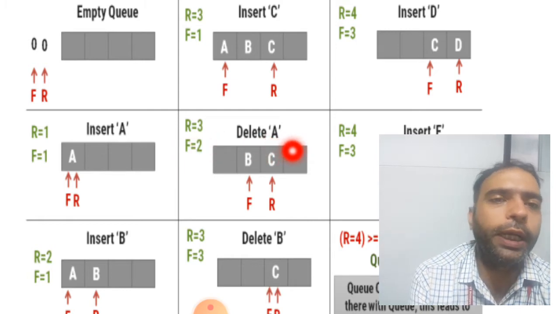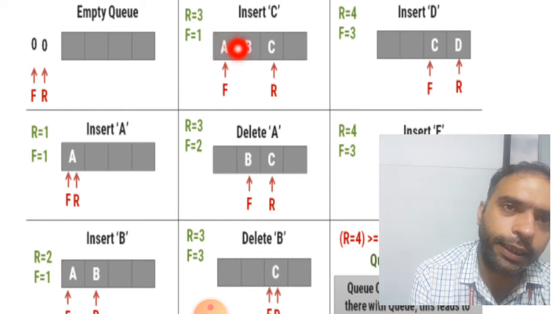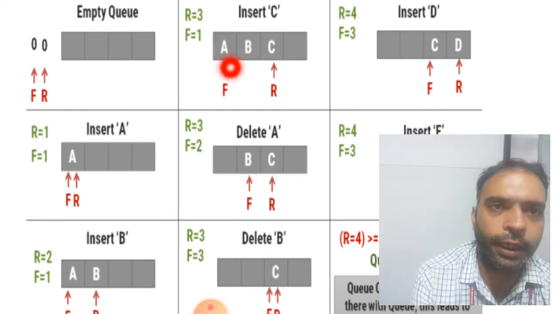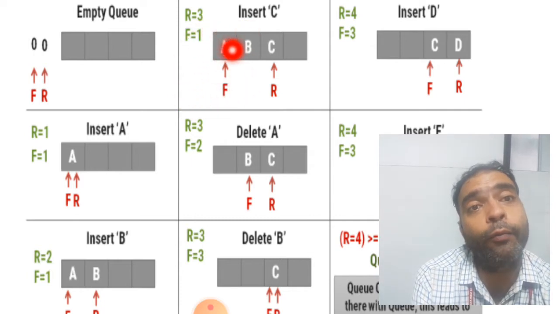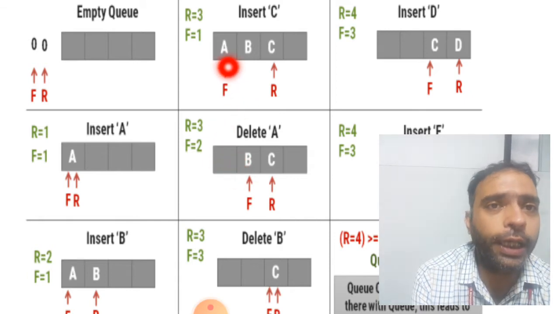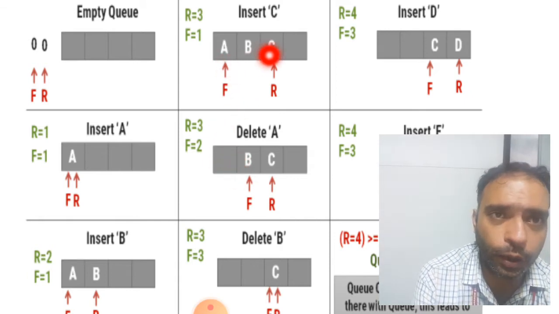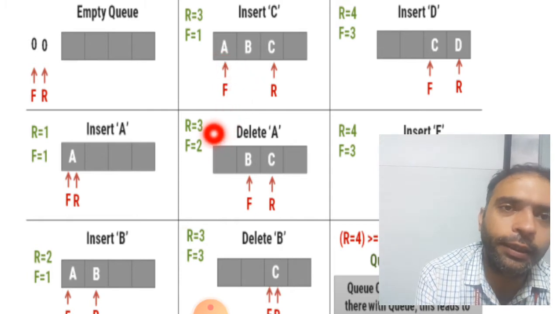Now if we want to delete A, then we can delete as it is first entered here. So we can, जो first सबसे पहले आया वही सबसे पहले बाहर जाएगा. So that is the rule for this queue. So here A is given as first, ठीक है ना? So that is come first, so it can be deleted.